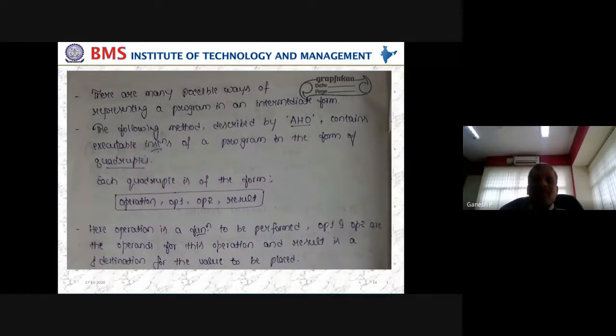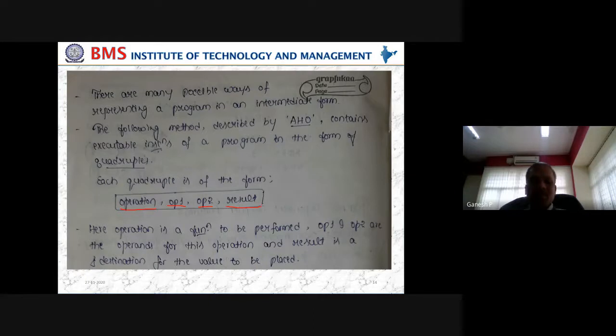So obviously in our programming languages, we have everything as executable instructions, and thereby his method is more suited for our languages. He has formulated a quadruple type of method which can be used as an intermediate form for mathematical expressions especially, or any executable instruction in general in a programming language. As per the advice we have from Aho, we can represent the quadruple in 4 terms. The first term is an operation, what type of operation we are performing. Second term is the operands, that is operand 1 and operand 2, followed by the result.